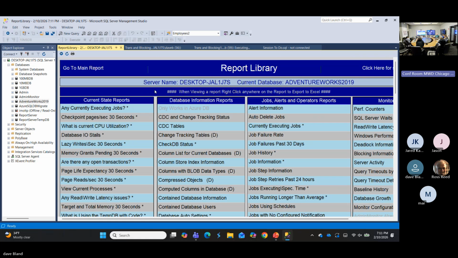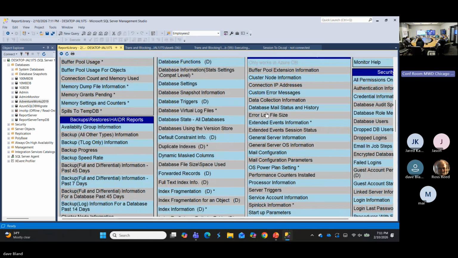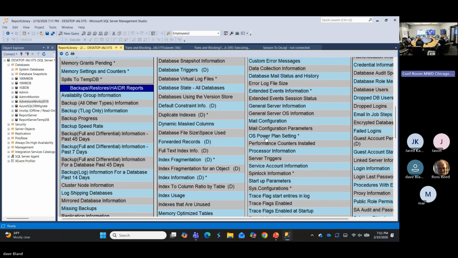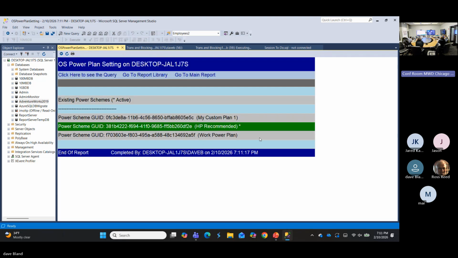But I can also look at custom error information, data collection, the error files, extended event information, general server information, and OS power settings. This can be a problem if they're not set right. The default is